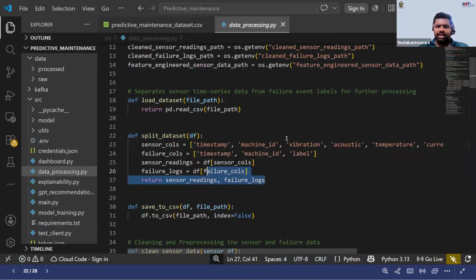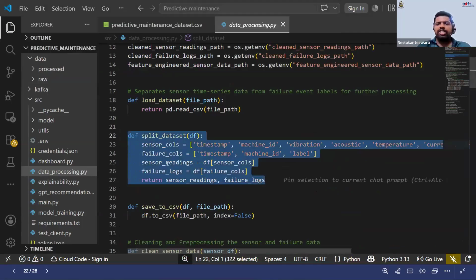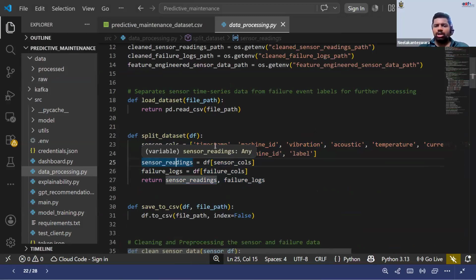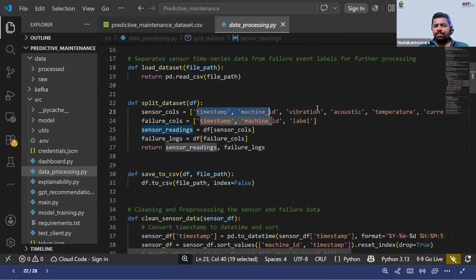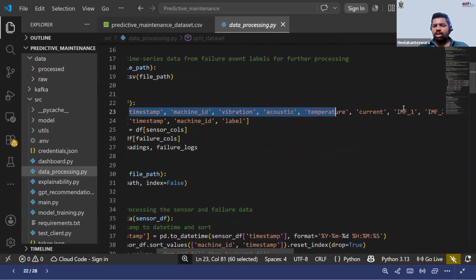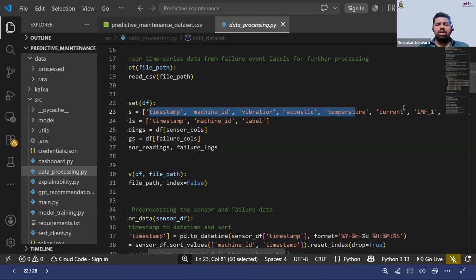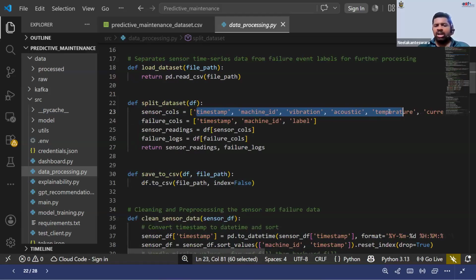First I split the data into inputs and outputs. The inputs are the timestamp, machine ID, vibration, acoustic, temperature, and current, and these IMF values. These are all our input features. And I'm taking the label as the output.